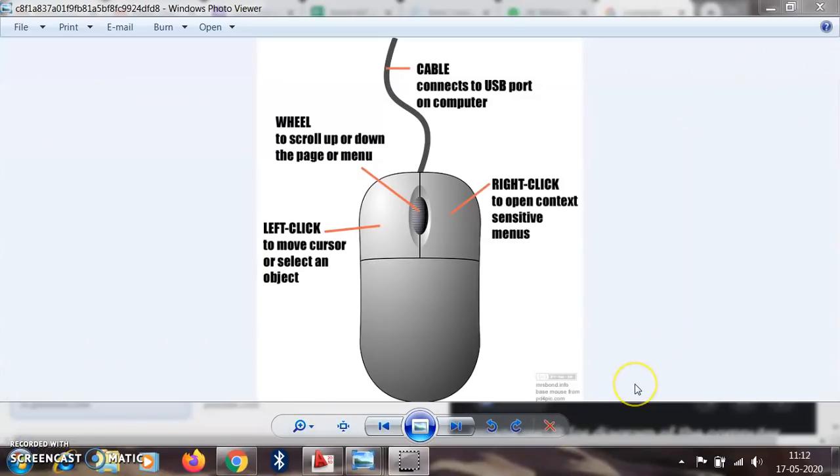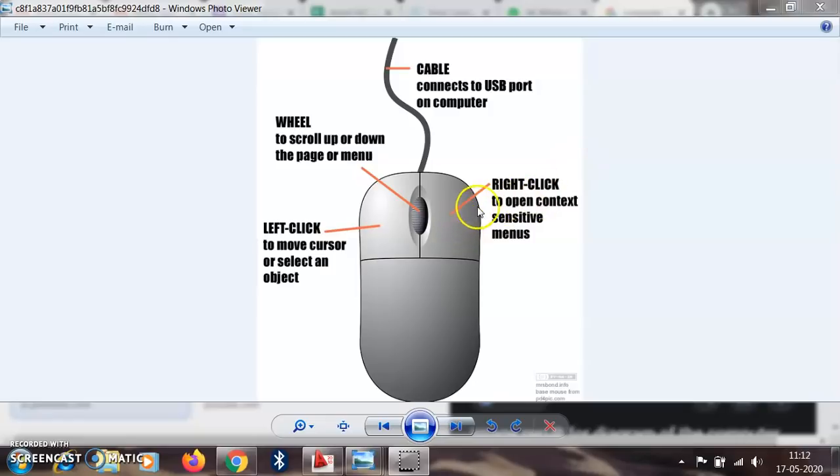Then to operate AutoCAD we should know the details of our mouse. Here this is the figure of the mouse. This is the left click side. Whenever I say left click, you have to click this portion. Left click is to move the cursor and select an object. Then right click is used whenever we have to do any operations.